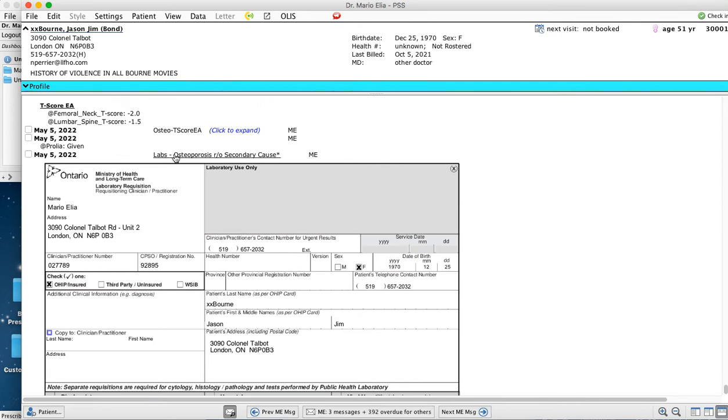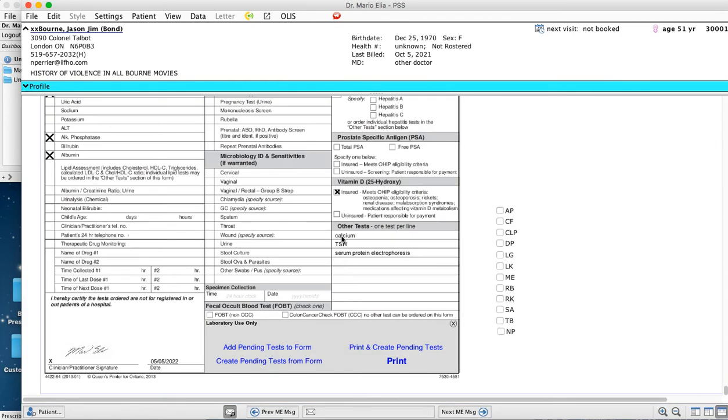If you have that kind of lab rec, and you use the same name that we've used here, so Labs space dash space Osteoporosis, rule out secondary cause star, if you use that exact same phrasing, this custom form will come up. Okay. Going back to the